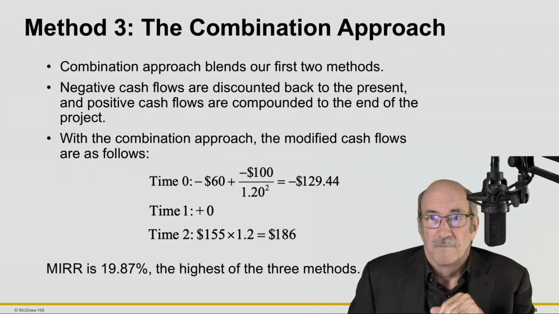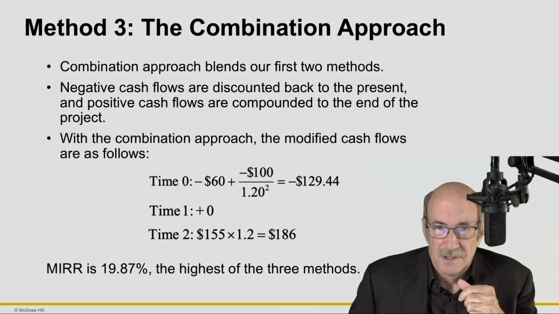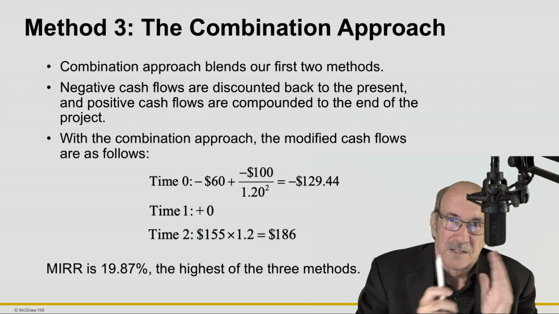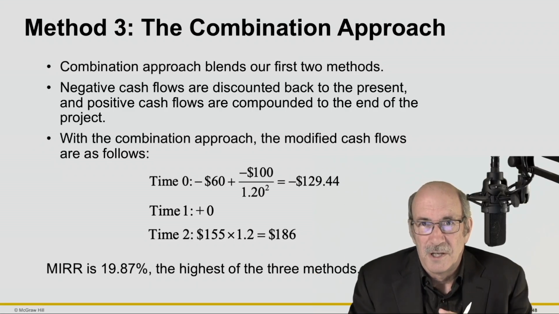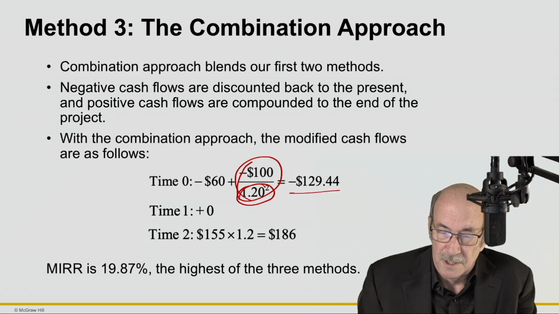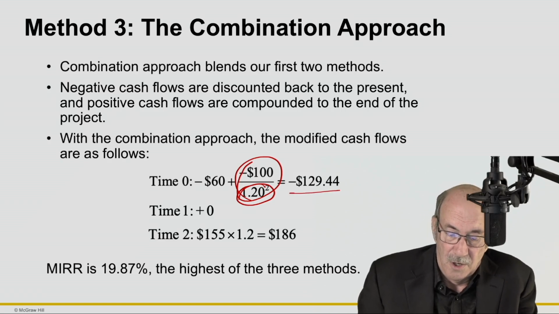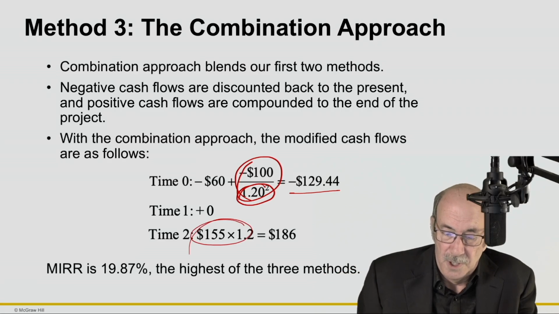Yet another means of dealing with this. So suppose that we do a combined effect. We move the negative cash flows back to time 0. We move the positive cash flows out to the end of the period, and then we calculate our IRR. So here we're taking that $100 and moving it back 2 periods, and that's our $129.44. We're going to move the $155 out to the last period of our project, time 2, and that means we